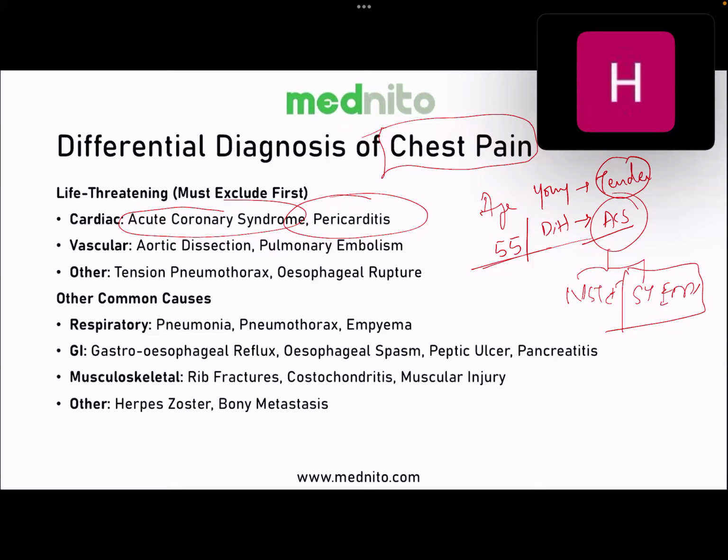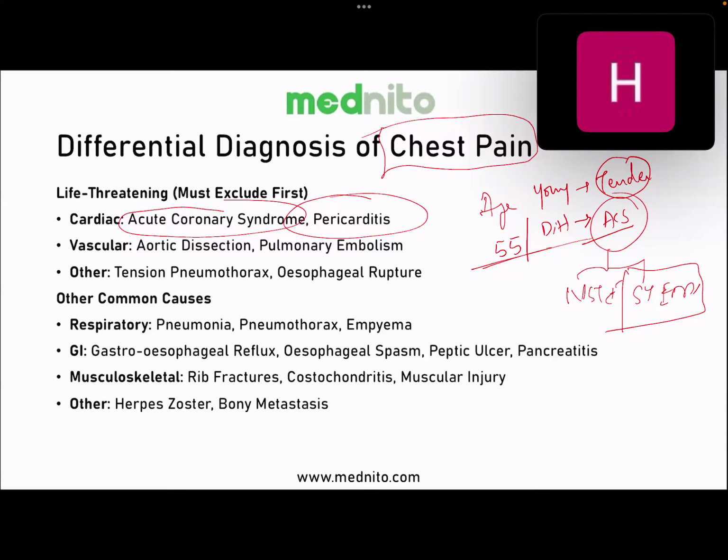In the same question, the examiner can tell you that the patient has ACS diagnosed, treated, and then the patient has got renal failure. The patient has been started on nitroprusside. So the examiner is talking about cyanide poisoning and wants you to give methylene blue as the treatment. So this is one thing you'll have to remember.